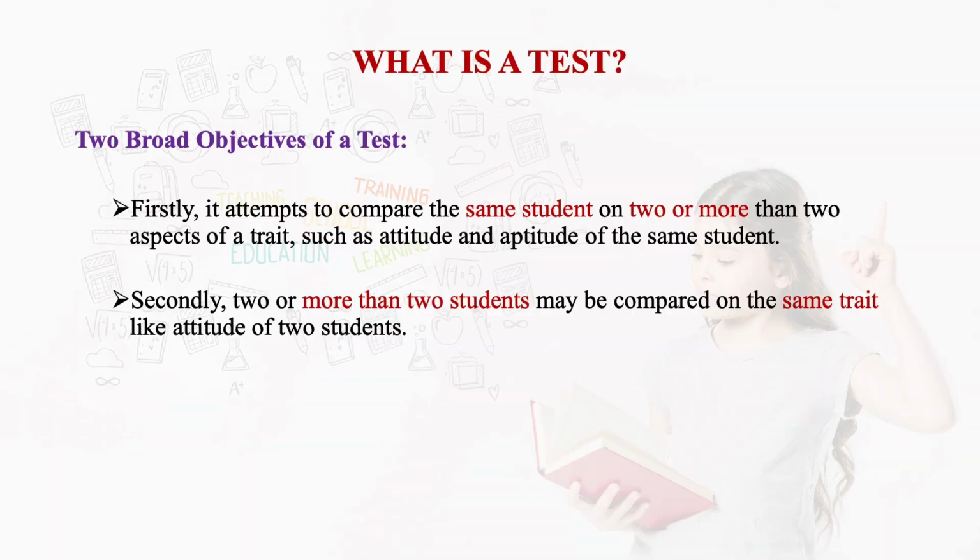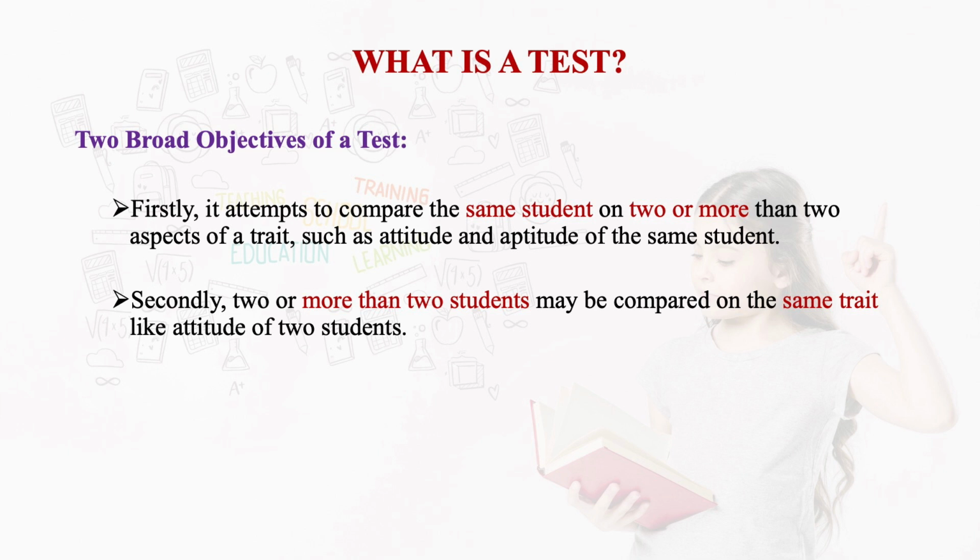had secured this much score in science, then is having a positive attitude towards schooling or towards the teacher, and the student is having intelligence as well as other aspects also. So here in a test, so far as its objective is concerned, different variables, different tests can be measured upon the same student. And further, secondly, two or more than two students may be compared on the same trait